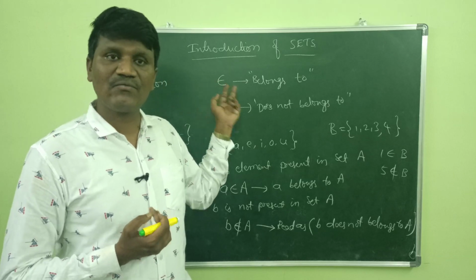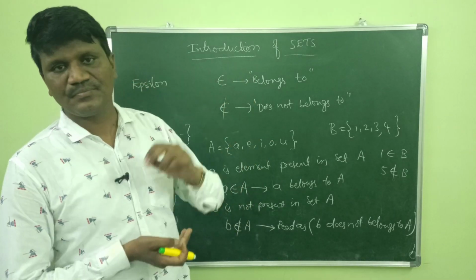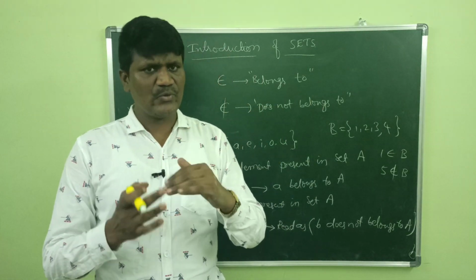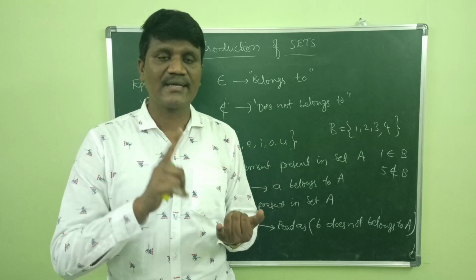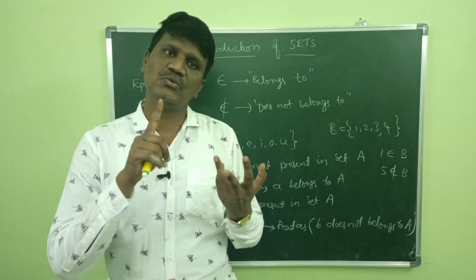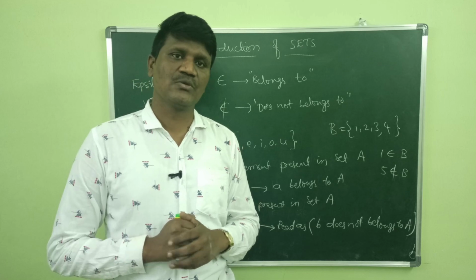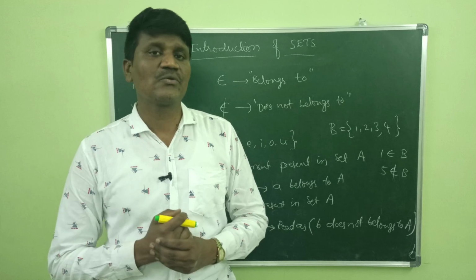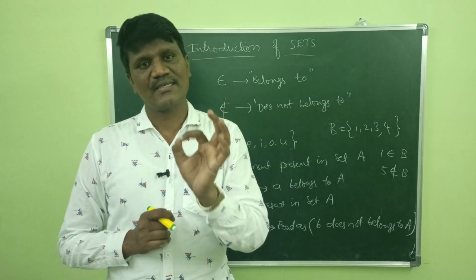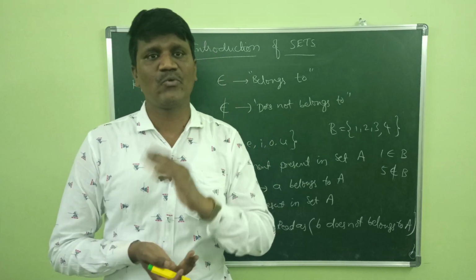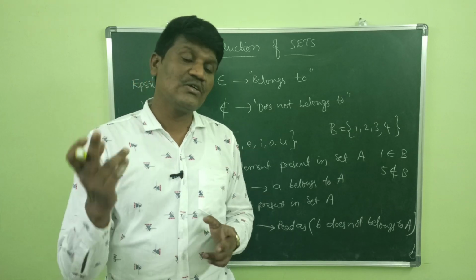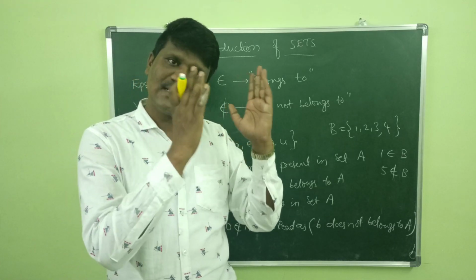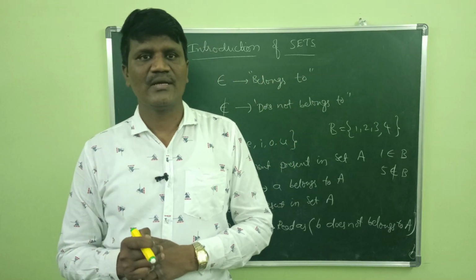And this symbol we have taken from the Greek alphabet epsilon. Okay, so this is about the basic introduction of sets. Using this you can do the exercise 2.1, problems 1, 2, 3, 4. Four problems you can do based on the concept which I have explained today. In the next video we are going to explain what is roster form and what is set builder form, which is the most important. So in the next video we are going to see how to write a set in roster form and how to write a set in set builder form. Okay, thank you.